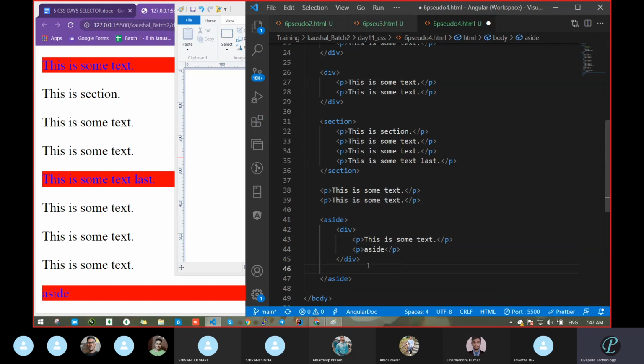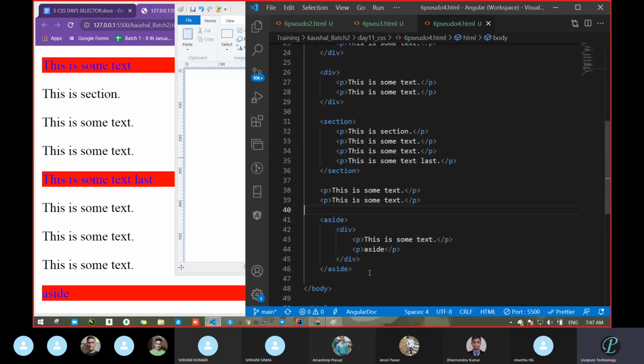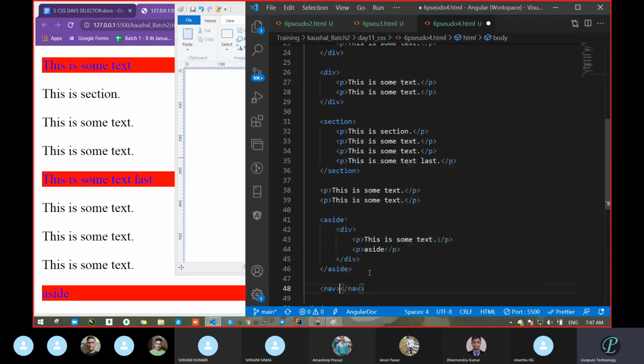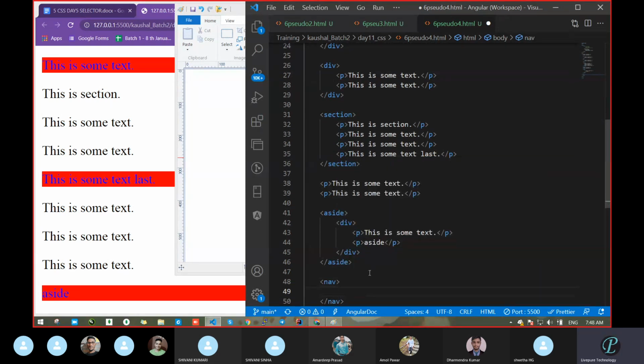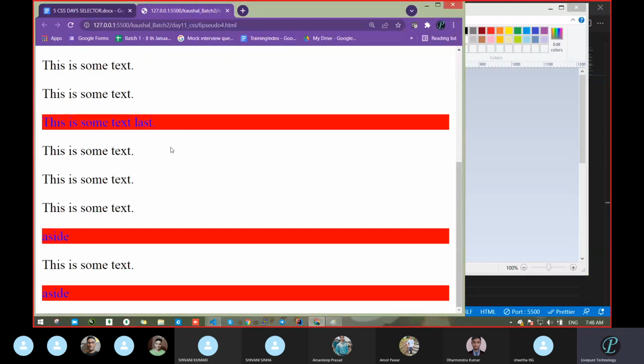That's why I am telling you to practice that code line by line. Making just a simple example will not be effective. Okay, and suppose if you are going to create a navigation bar, then you can use a nav tag. One nav tag is there. It will also not do anything, but it will help you in keeping that. See, we take a nav.